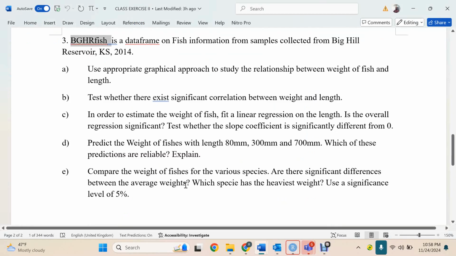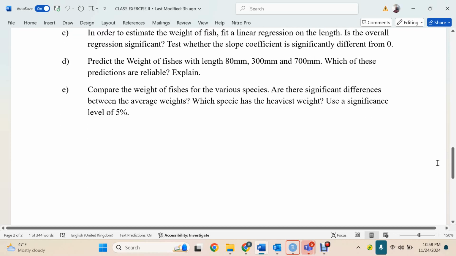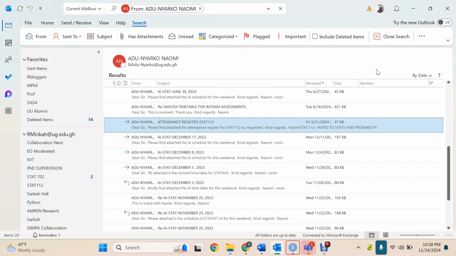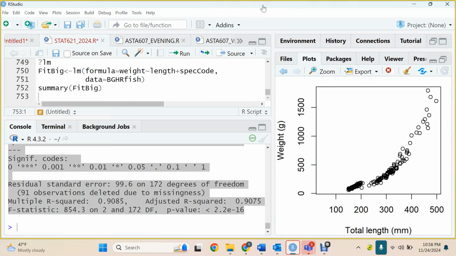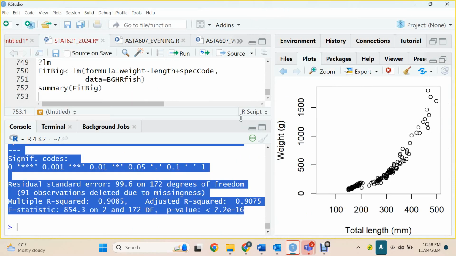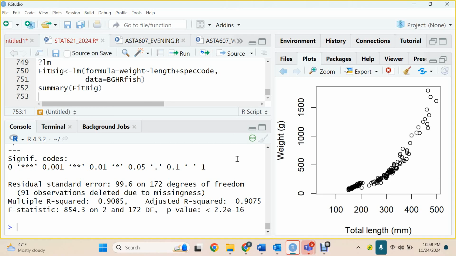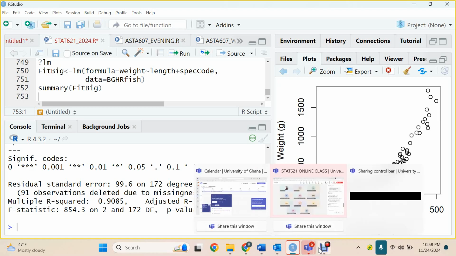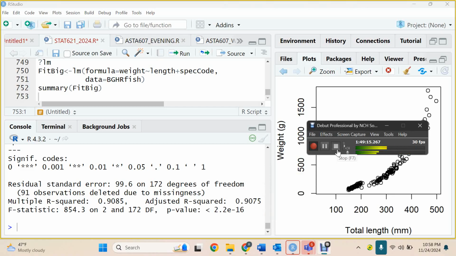And then compare the weight of fishes for the various species. I think the E is ANOVA, and maybe in our next tutorial I'll take that and multiple regression, and then that should be it. I'll spend just some small time on that, and then we can move on to estimation. Okay. Any question? So I'll end it here, and I'll get a video sent